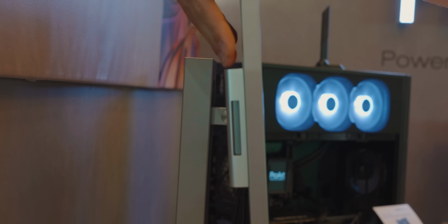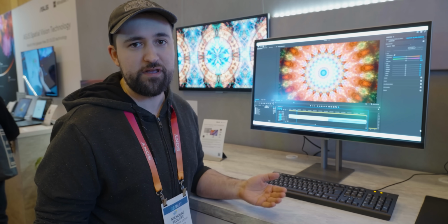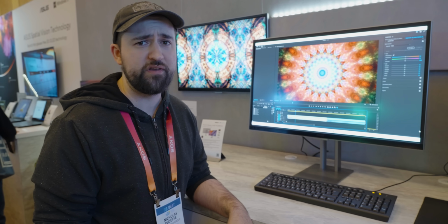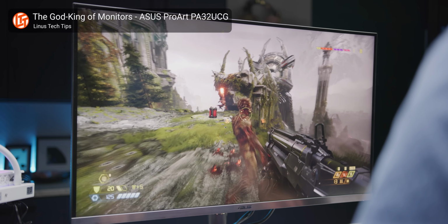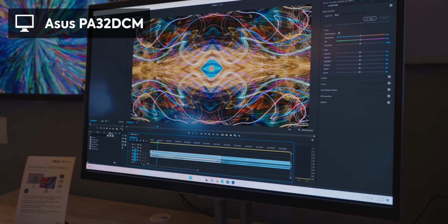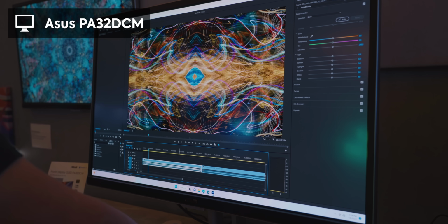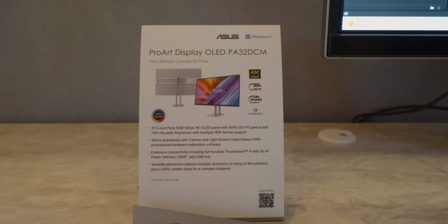As for what we're covering today, right now we've got the new ProArt lineup. These things are absolutely stunning. We've done a few other videos on them before, particularly the most recent one was, I think, the PA32 UCG Mini LED, maybe the UCX, can't quite recall. However, what we've got now is the PA32 DCM, and the main thing they've done is go OLED, which is